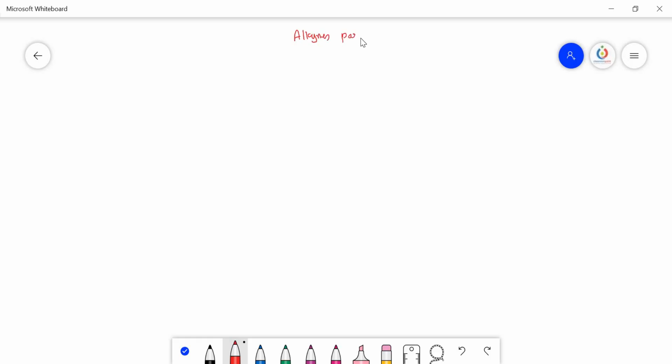Alkynes, Part 2. Preparation and properties of alkynes. Preparation has been discussed. So now we are discussing the properties of alkynes. Some of the properties have been discussed in the first part, and in the second part it is